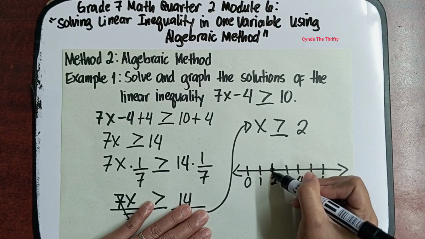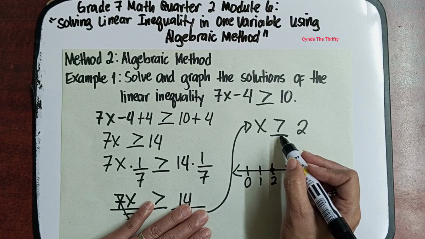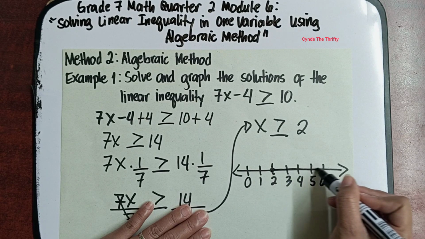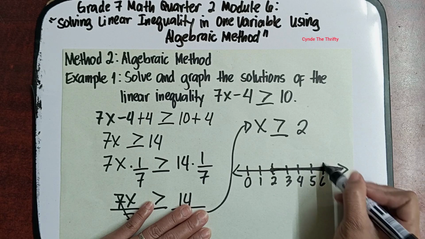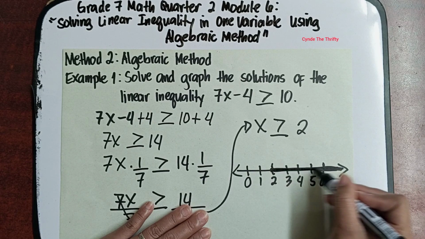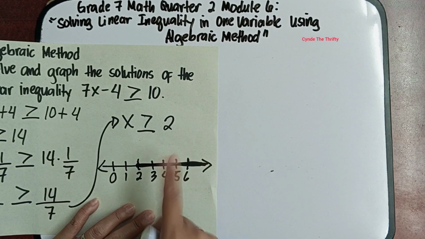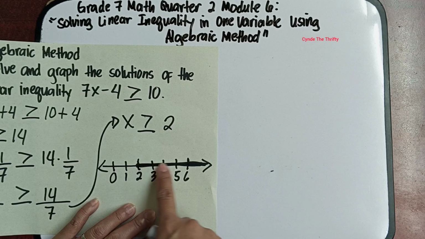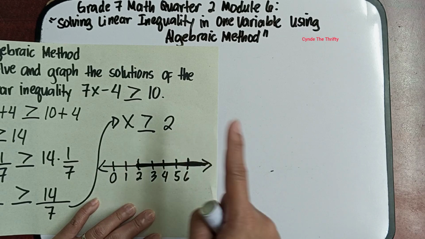Kapag i-graph natin siya, ang ating solution is galing dito kay positive 2 kasi equal, greater than or equal to. So, equal to positive 2, papunta dito sa lahat ng positive number na greater than 2. Okay, so ito yung ating solution. Ito na yung graph natin. So, ang graph natin is nagpapahiwatig na ang solution natin sa ating x is positive 2 is equal to positive 2 or greater than positive 2. So, ibig sabihin, galing dito kay 2 at lahat ng positive number na mas malaki kaysa kay 2 is ang